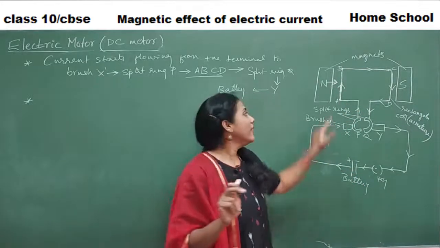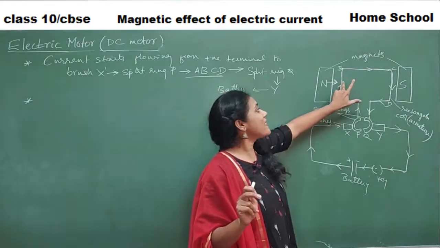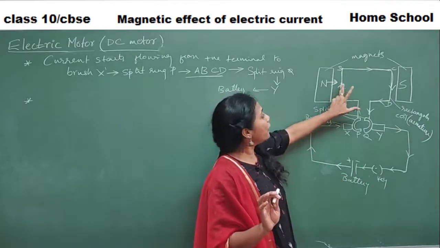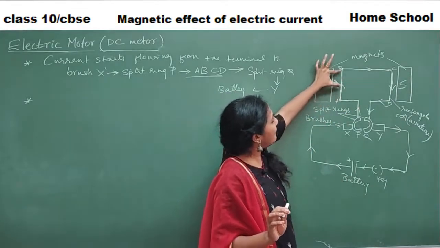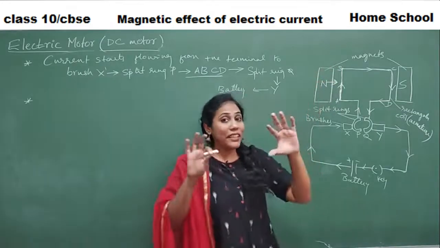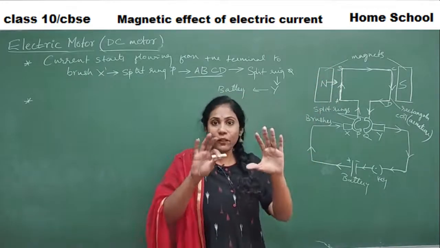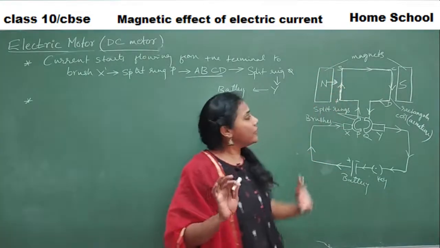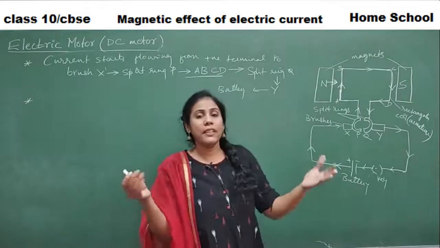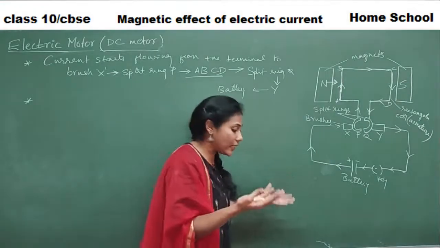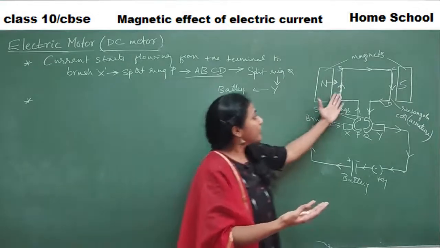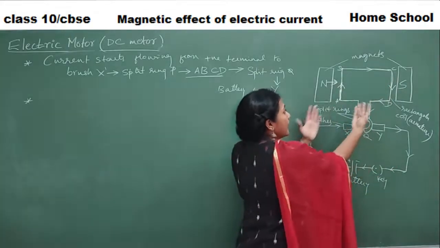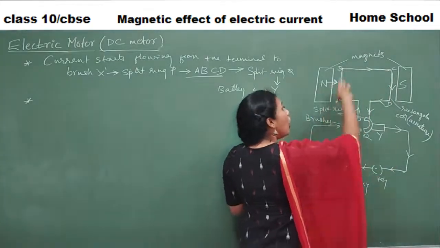Then what would happen? A force is experienced by this particular side AB. Okay, so whenever a force is generated in side AB, the AB side undergoes displacement. AB side will start moving, yes or no? To which side will our AB side move, down or up? Imagine your motor is placed on the ground. So this conducting coil is there on the ground. That means will the AB side move down or up?